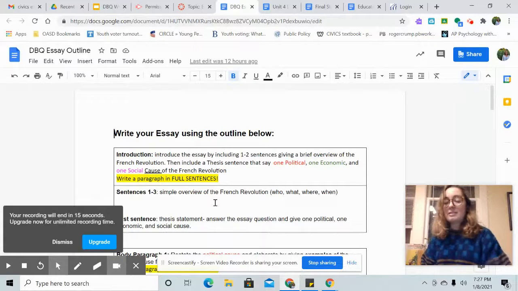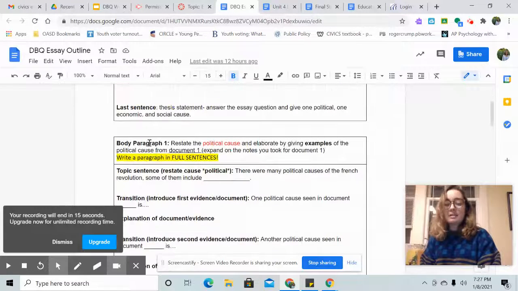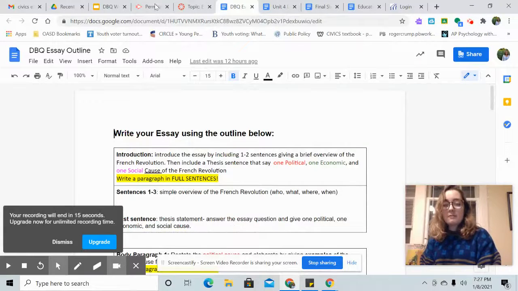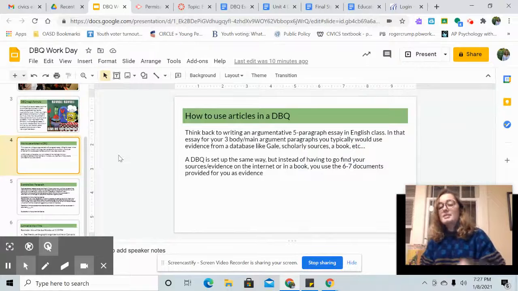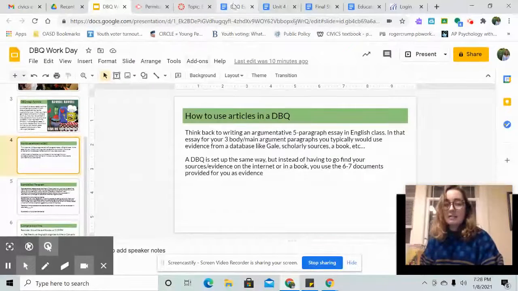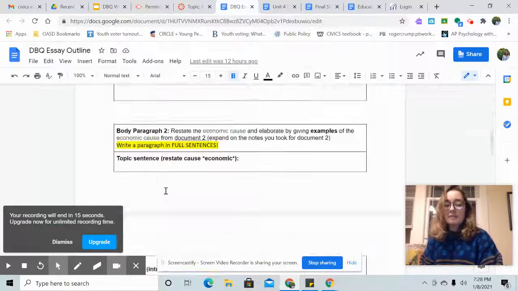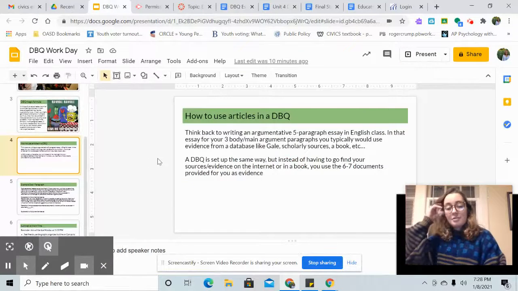I'm going to go back in a sec and give you the specific structure within each paragraph, sentence by sentence, really. But first, I want to go back here. So what makes a DBQ different from your standard English 5-paragraph essay? A DBQ essay is the document-based question in history. It's still a 5-paragraph essay, and it still follows this general 5-paragraph structure and outline, but how you're using your